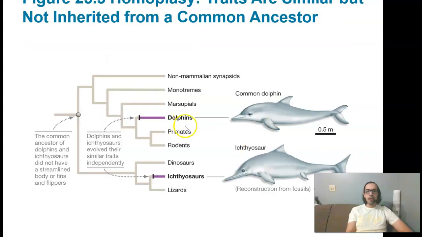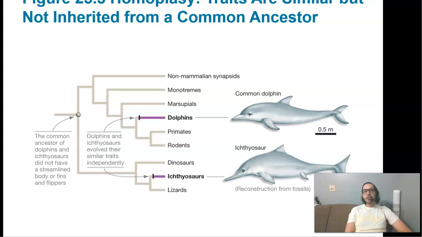So here you see a phylogeny that shows you dolphins. So the sister groups to dolphins, primates, and rodents, they don't have the flippers and dorsal fins. If you look at the ichthyosaurs, their sister groups, lizards, they also don't have the dorsal fin and the flippers. And then if you look at the common ancestor of dolphins and ichthyosaurs, they also did not have a streamlined body, fins, and flippers. So this suggests that